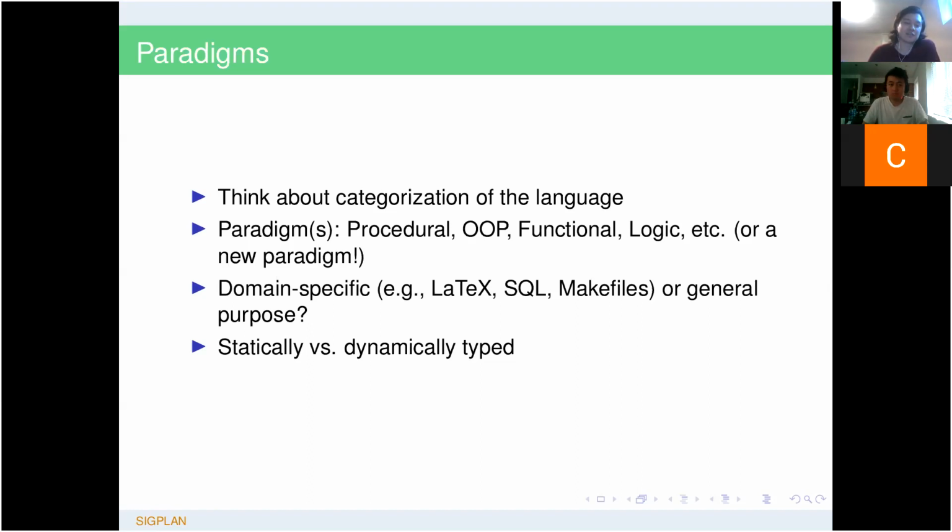And then the other thing is statically versus dynamically typed languages. So statically typed, of course, means that the compiler or whatever checks your program to make sure that there are no type errors before you run the program. And dynamically typed basically means that if there are type errors, it'll fail while it's running. Not to give a biased impression of what I think of that, but